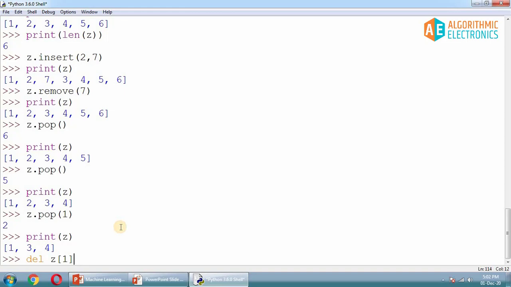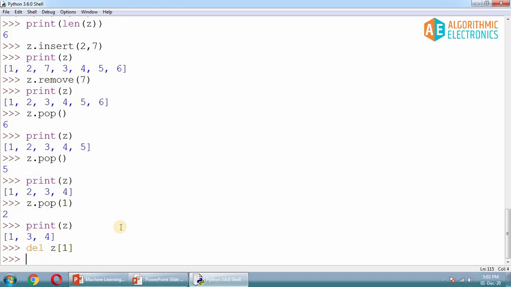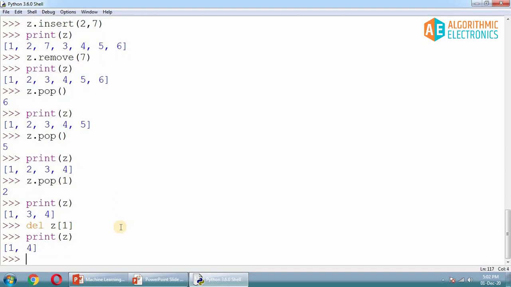Let's hit enter and check it, and if I print z, you will get only 2 elements inside, 1 and 4. At index 1, which was 3, it was the victim of this operation, and now it is no longer available, it is deleted.